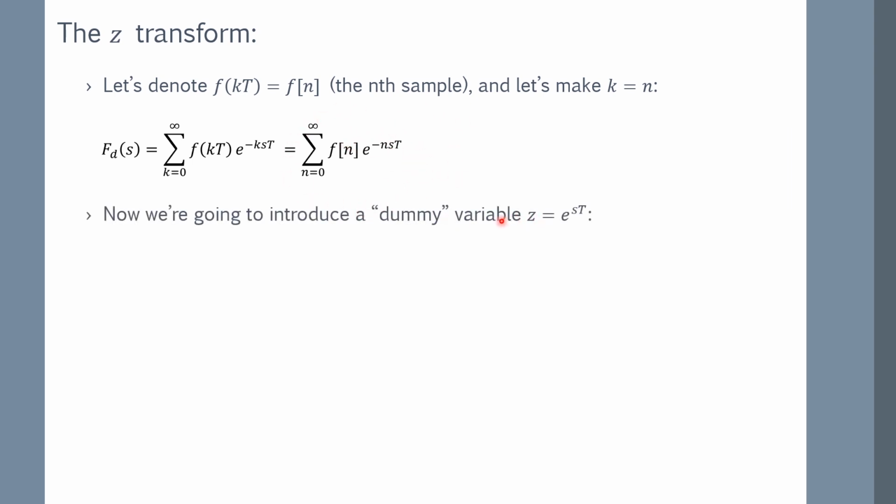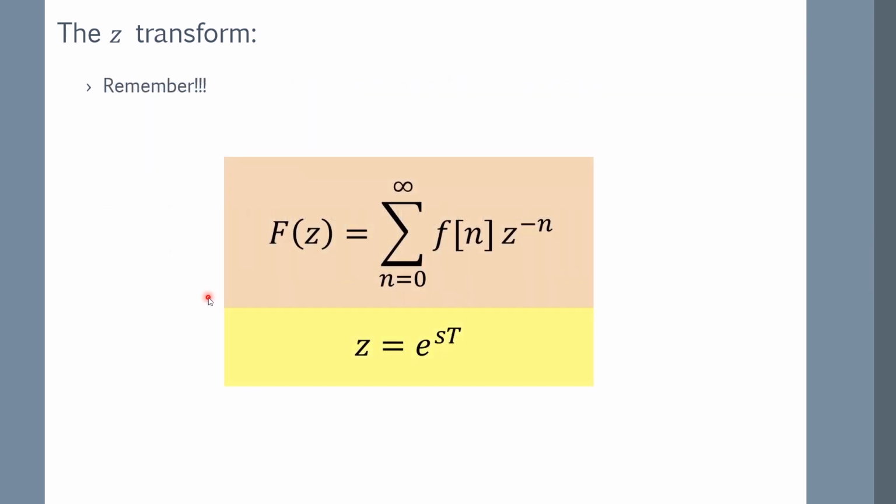If we now introduce the dummy variable z, which is e to the st, then we get this, where the z to the minus n goes here, and then f of n is just the nth sample, and we do the summation of all the samples that we have in the domain, and we get this F_d of z, and this is literally the definition of the z transform. So if you don't remember anything else, just remember that the z transform is defined as this. This definition is useful because it represents the process of sampling a function through a set of Dirac delta functions,